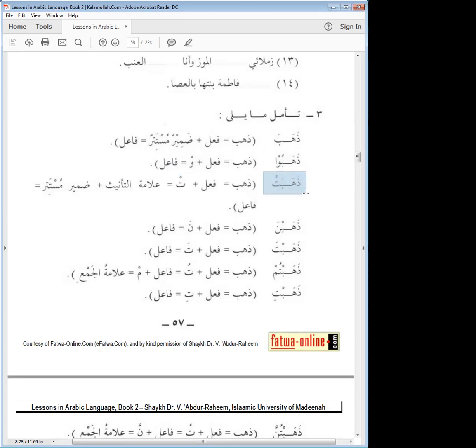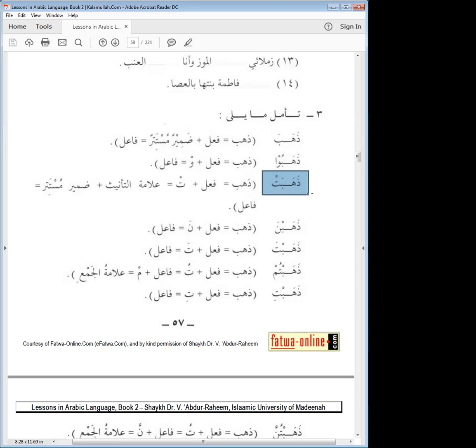When you go to the feminine singular third person, you have dhahabat. أين آمنة ذهبت إلى المديرة. Where's Amina? She went to the principal. So ذهبت. In this case, ذهب is the